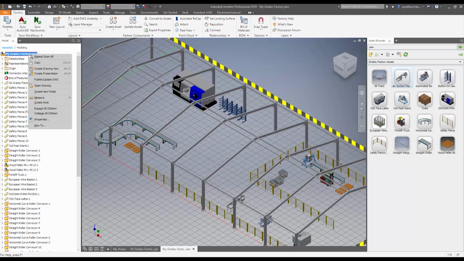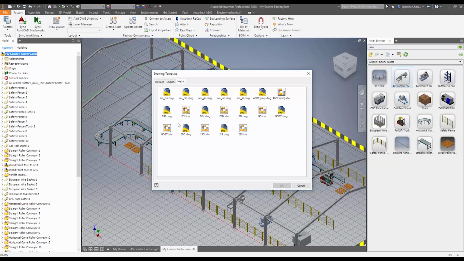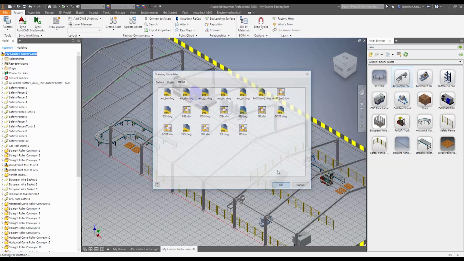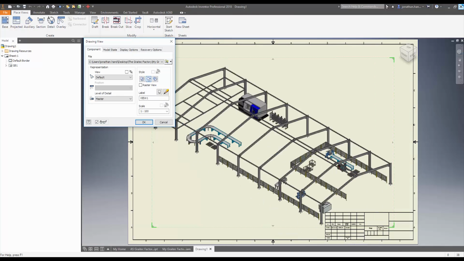And then I'm going to right click this and create a drawing view. I'm going to go with the English, let's go with the metric system. We go with a GB drawing border, but again, you can incorporate your own into it, and this will then allow you to produce some drawings based with